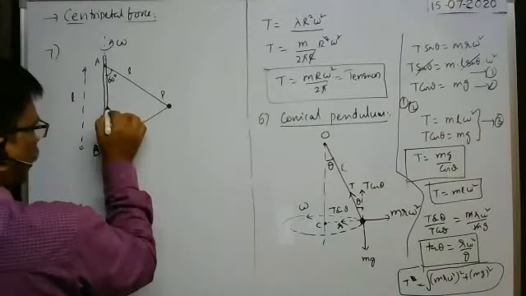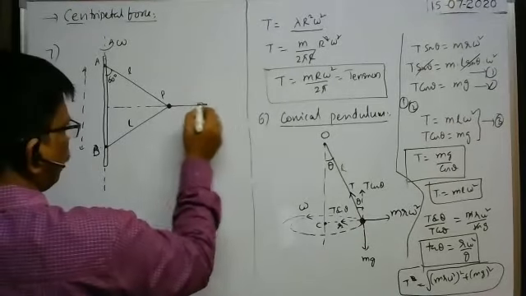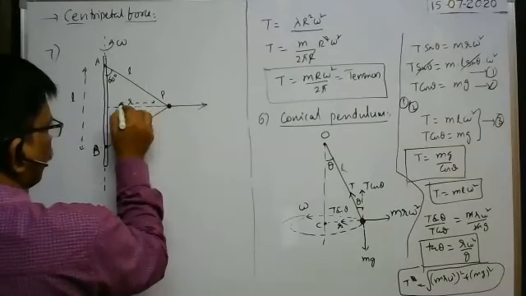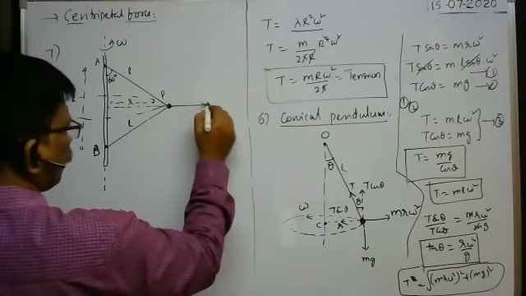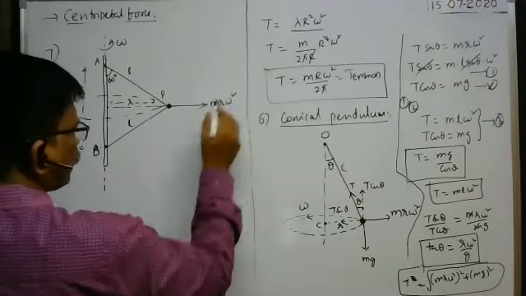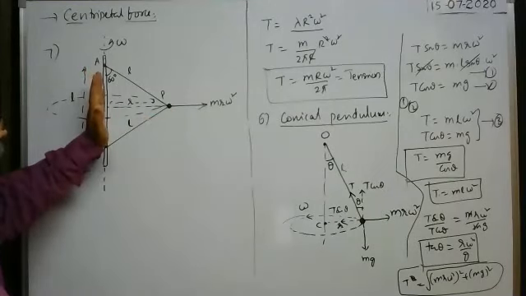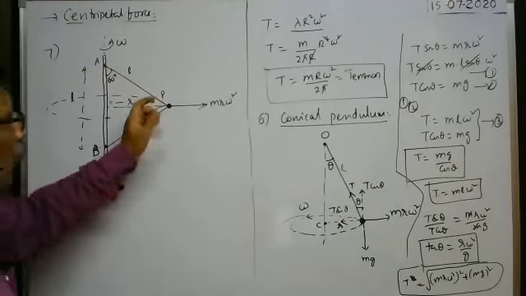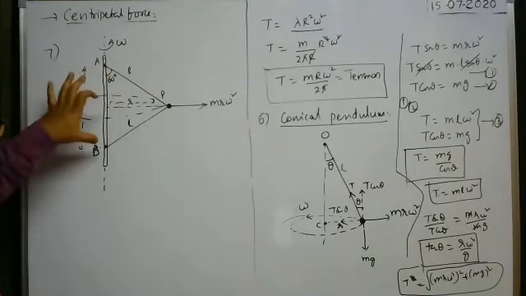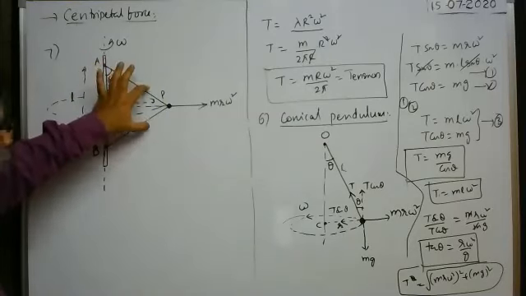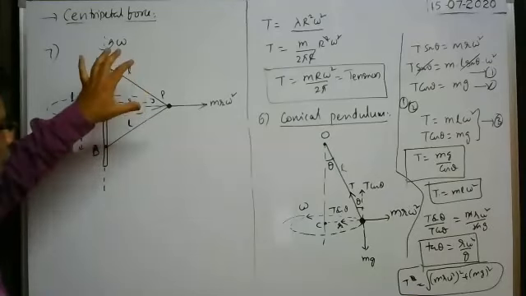Then this particle experiences centrifugal force, no? Away from the center, the particle experiences centrifugal force. Suppose this distance is r, then the radius of the circular path is r only, no? Then m r omega square is the centrifugal force acting on the particle away from the axis of rotation. If these strings were not there, the particle would move away from the axis of rotation, but as the particle is connected by the strings from the points A and B, these two strings pull the body towards the axis of rotation with certain tension.